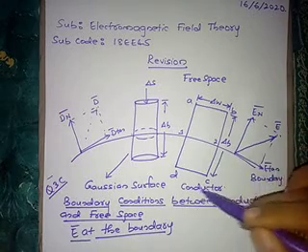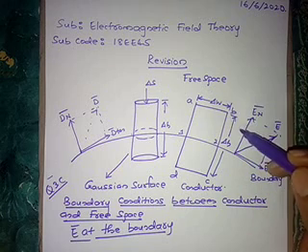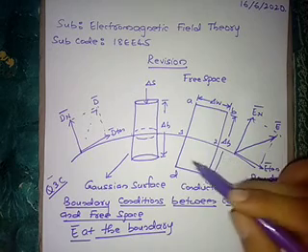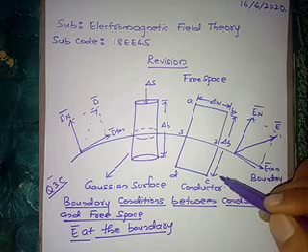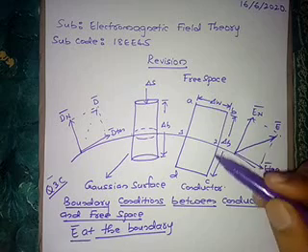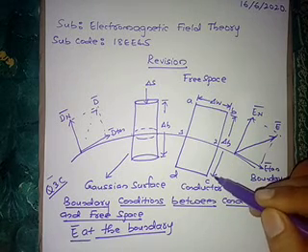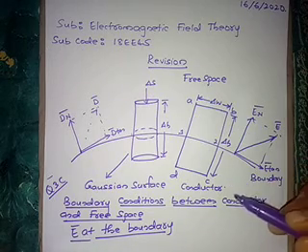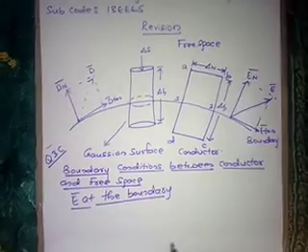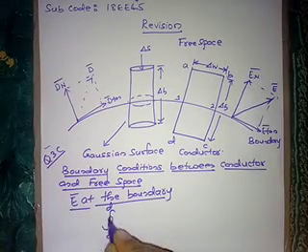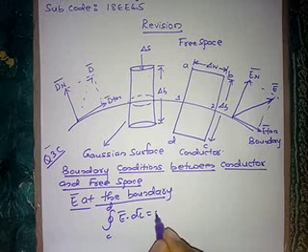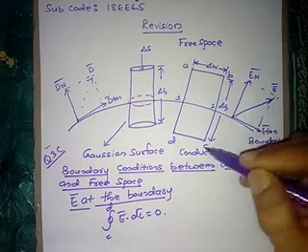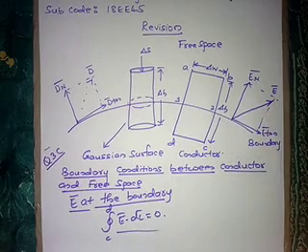Delta H by 2 is inside the conductor and delta H by 2 is in the free space, right? So accordingly the portion C to D is inside the conductor, so according to the point that we discussed just now, the electric field intensity is 0 for the ideal conductor. So the integral C to D E bar dot dl bar will be equal to 0, because C to D is 0.